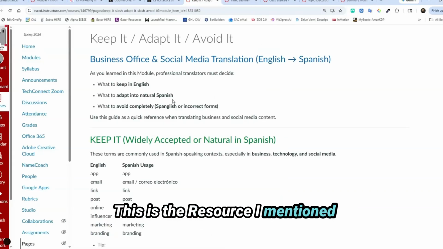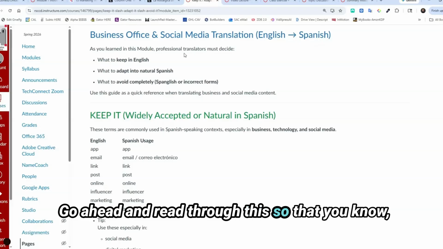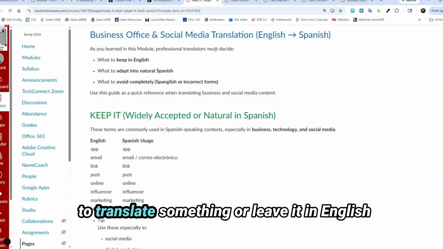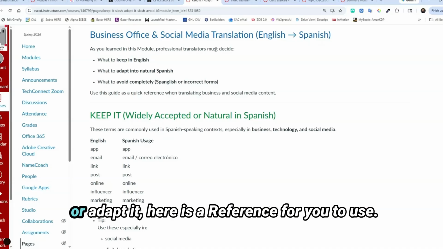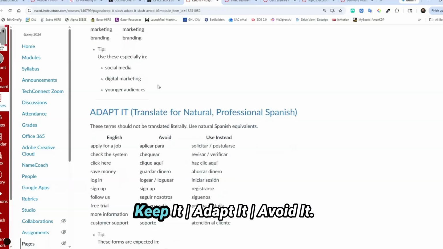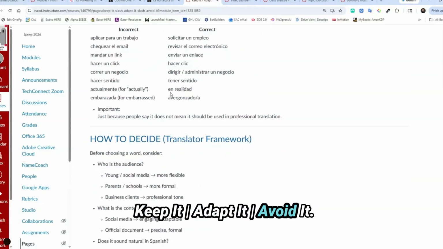This is the resource I mentioned earlier that is in the introduction. Go ahead and read through this so that you know, as a professional translator, when deciding whether to translate something or leave it in English or adapt it, here is a reference for you to use. Go ahead and read through these, whether to keep it, adapt it, or avoid it.